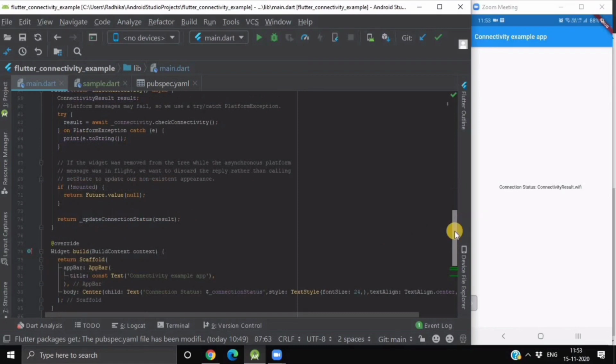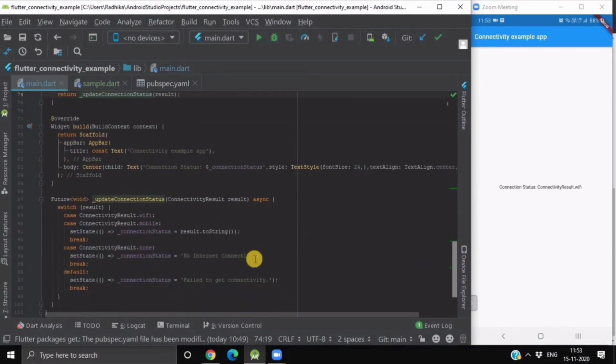If the widget was removed from the tree while the asynchronous platform message was in flight, or if the method has not been implemented, or if the setState update is non-existent, that's why we have used a check that if it is not mounted, then we return a future value null. Otherwise we return update connection status and pass our result as its argument. This update connection status is also a future method which will check the type of the result.